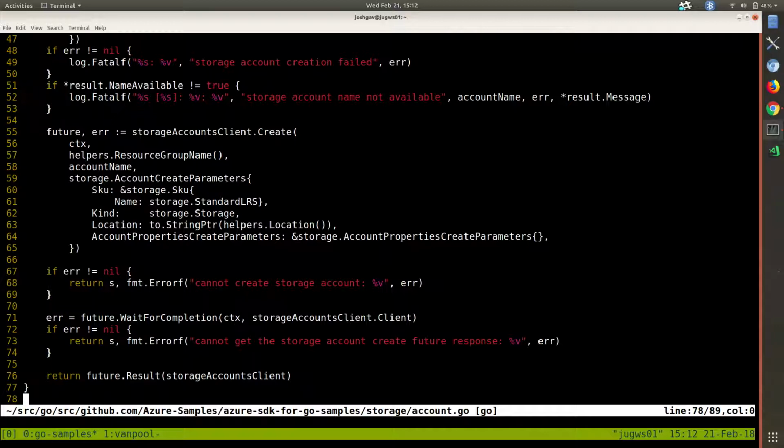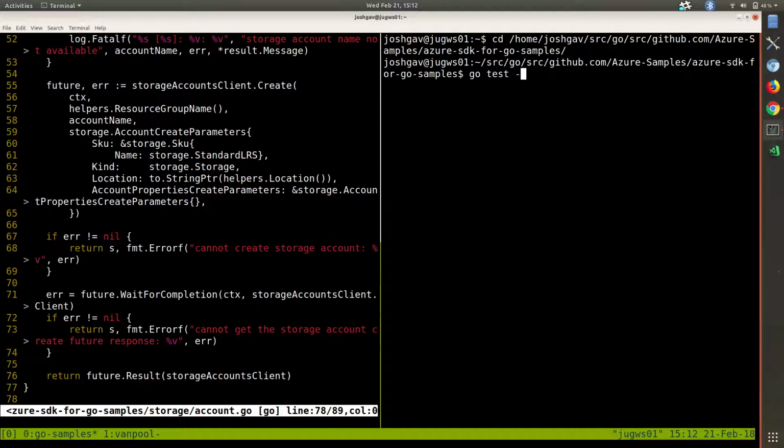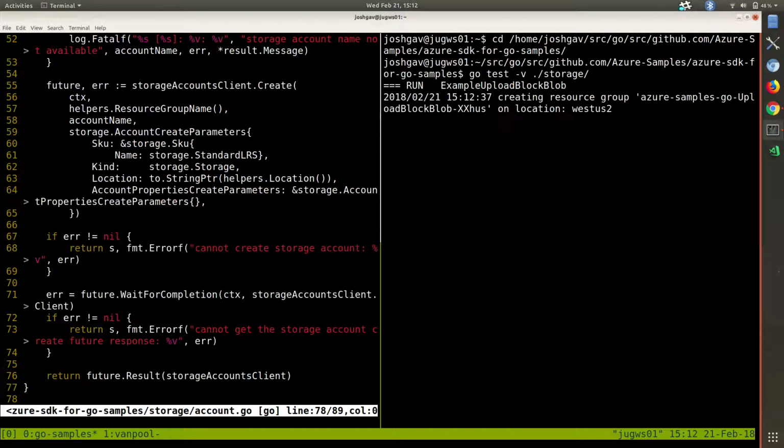And to test this, we can run it directly off of our local machine, I'm assuming. Yeah, so I'm just going to go down into my Go path here. Source github.com. This is at Azure Samples. Okay. And I can just run go test. We'll do a -v, and I can just point it at the right folder, and it runs through. It will say what it's doing here. It will also automatically delete the resources unless you specify AZ samples keep resources as an environment variable. So it's going to delete it pretty fast, but